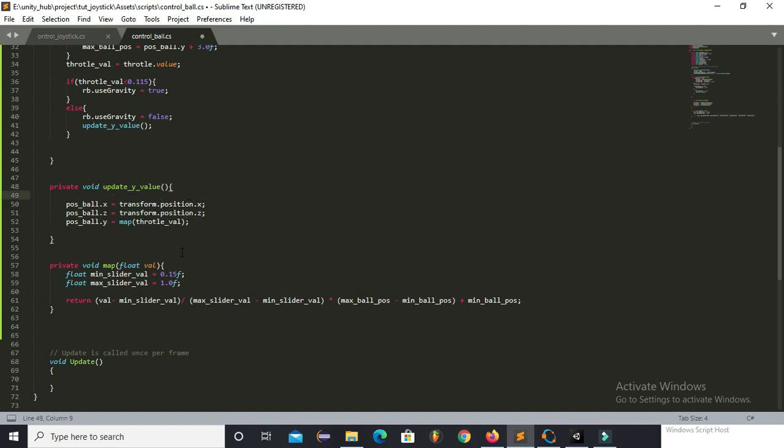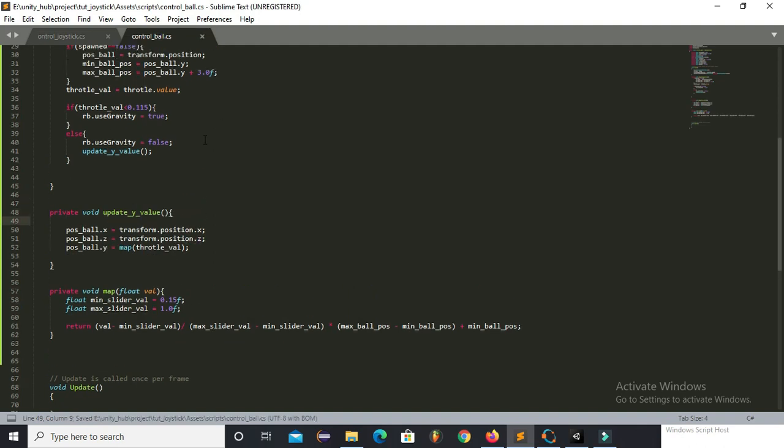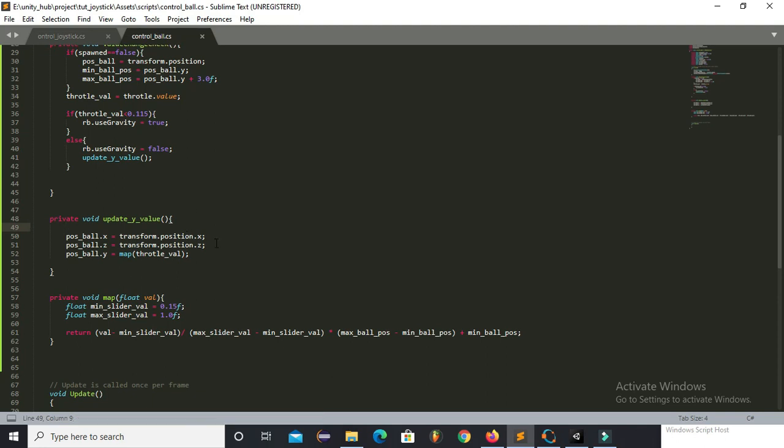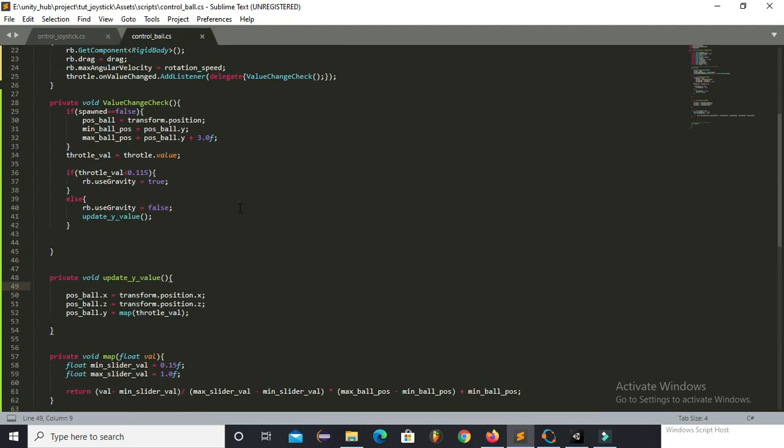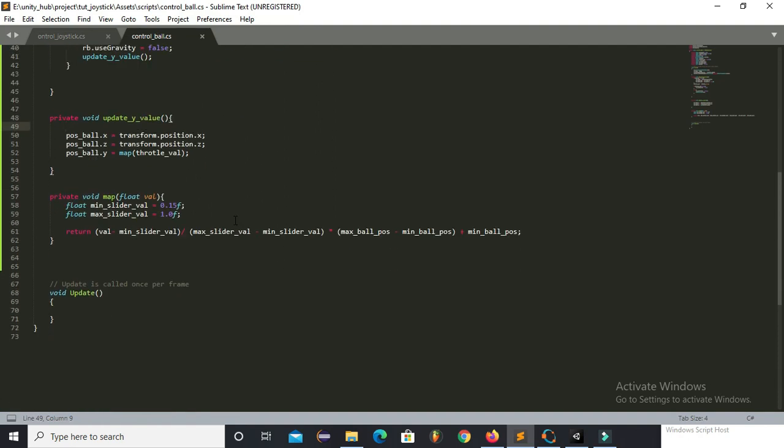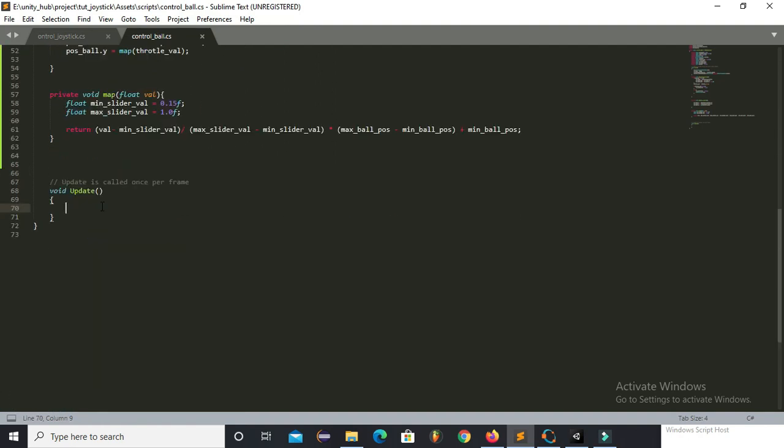So now we have implemented how to change the coordinates whenever the slider is changed from its position. Now we have to use this update function. Here I will use this update function to update the position of the ball whenever the joystick is dragged. So for that, first of all I am initializing a variable dir, and this variable dir will hold the coordinates for the ball when the joystick is moved.